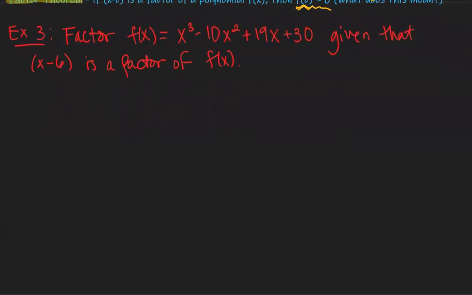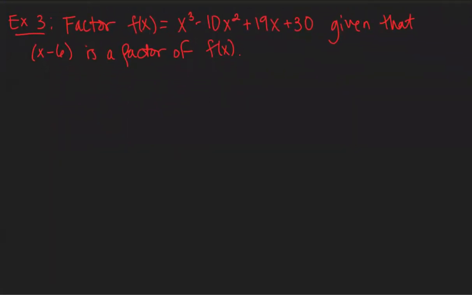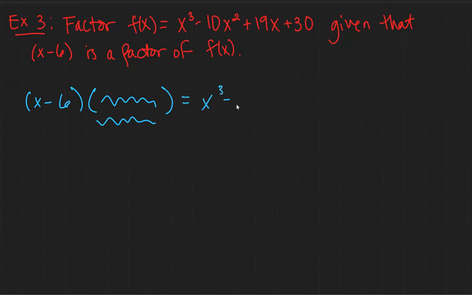Example 3. Let's factor this function, x cubed minus 10x squared plus 19x plus 30, given that x minus 6 is a factor of f of x, okay? So what does it mean for it to be a factor? Well, that means that when I take x minus 6 and multiply it by a bunch of polynomial stuff, I'm going to get x cubed minus 10x squared plus 19x